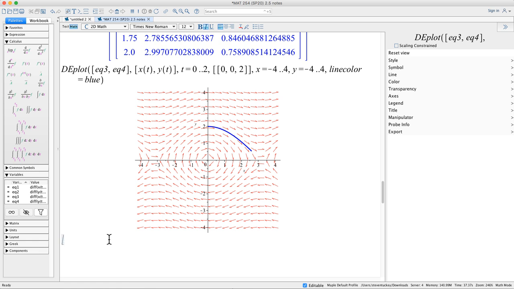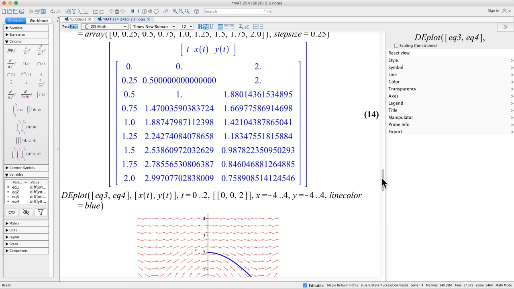So that gets us to the end of section 2.5, which is also the end of our notes for chapter 2. We now have a method for being able to turn a second-order differential equation into a system of first-order differential equations. We have a method for being able to solve first-order differential equation systems that are partially decoupled or fully decoupled. And then last but not least, we have our numerical method for being able to approximate